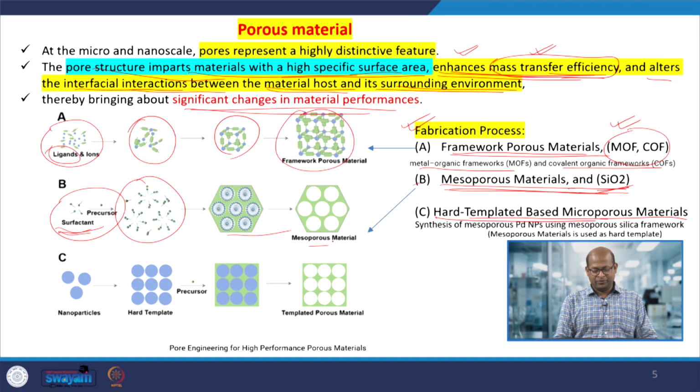After that this type of structure formation occurs, and then we can remove the surfactants. These are the pores, and this is the SiO2. Once the template is removed from these sites by calcination or high temperature oxidation, highly porous structure or pore development will be there,